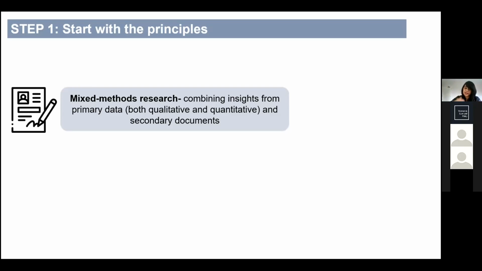Primary data is when you directly go and collect the data from the respondents. Secondary data is when you get the information from a source such as a research paper or a book or an internet source or a database, etc. And when you triangulate and merge the insights and the results of the primary and the secondary using a variety of methods, you get mixed methods research,